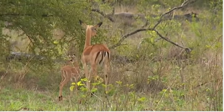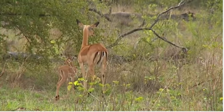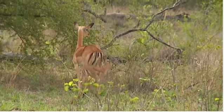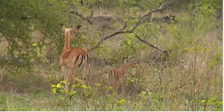This little lamb would be anything between 6 and 24 hours old. I don't think more than that. So let's say it's a day old, a couple hours more than a day, a few hours less than a day, but tiny little baby. Amazing to think that, let's say 24 hours ago, that was folded up inside that female's